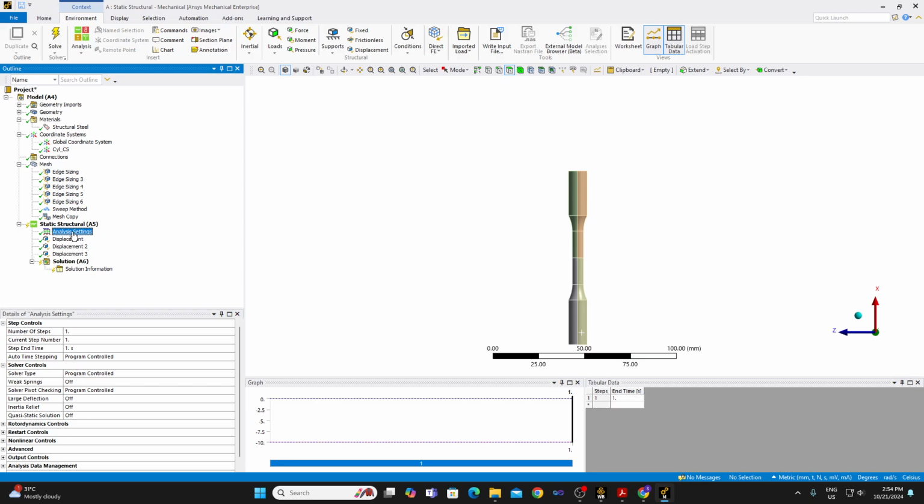Now we have entered into analysis settings, and the first thing that we check is that weak springs are off. So what are weak springs? Weak springs are there for foolproofing. It's because if you forget to provide any rigid body constraint in a direction where there is no force,